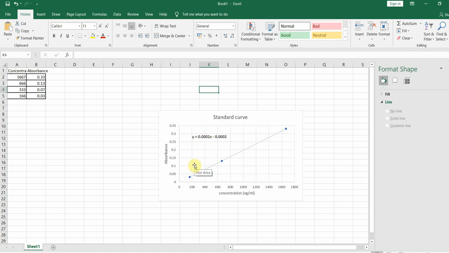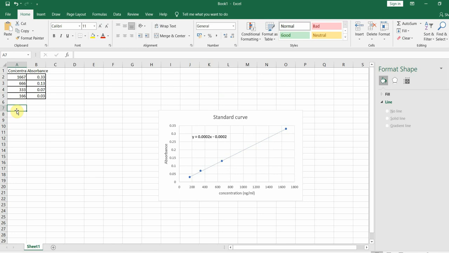Right, now if I want to calculate the concentration, the x value, how will I calculate it? Let's suppose I want to find the concentration of my unknown sample at an absorbance reading of 0.2.